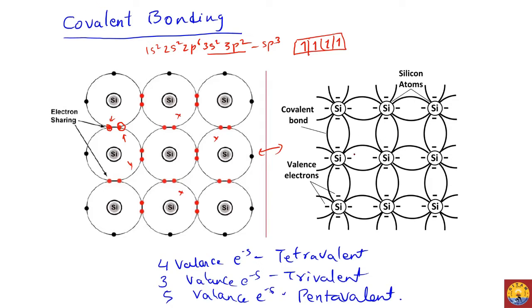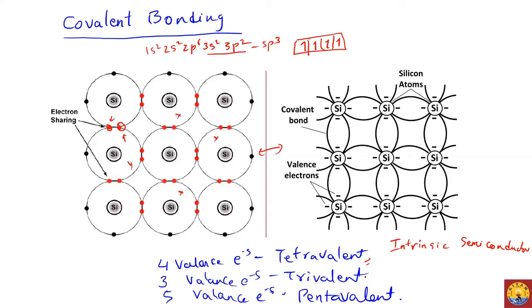So we have now this type of silicon structure, and here we can see that there are no free electrons, since the electrons are filled in the valence shell or orbit. We call this particular structure an intrinsic semiconductor. When you don't have any free electrons or any other charge carriers, we call it an intrinsic semiconductor. Since each silicon atom has 4 valence electrons, we call them tetravalent atoms. Silicon is basically tetravalent.